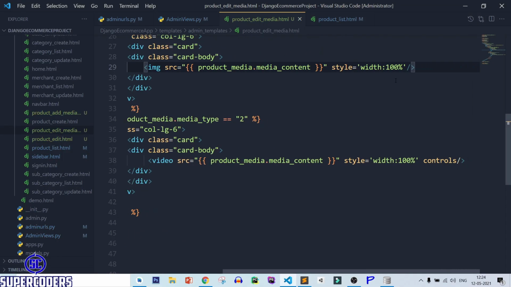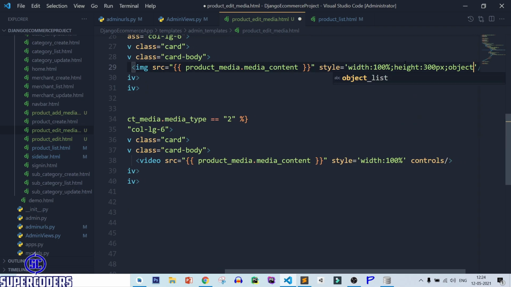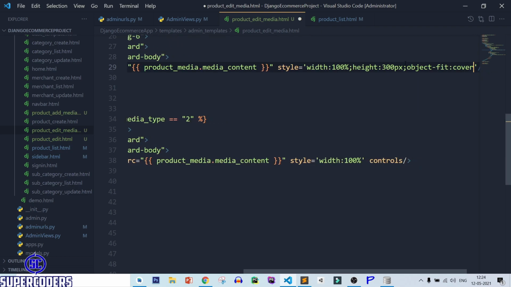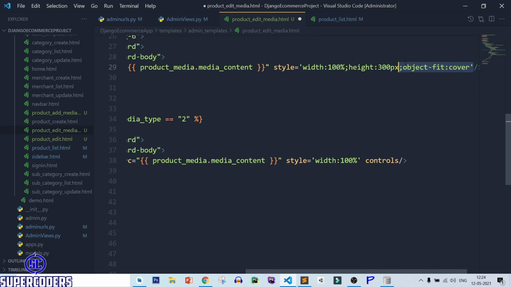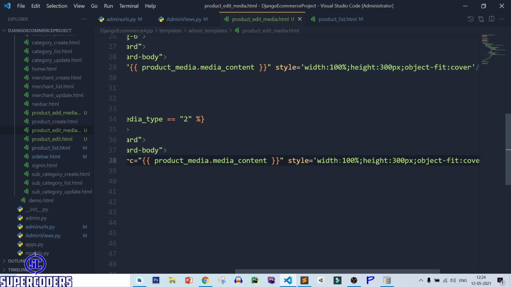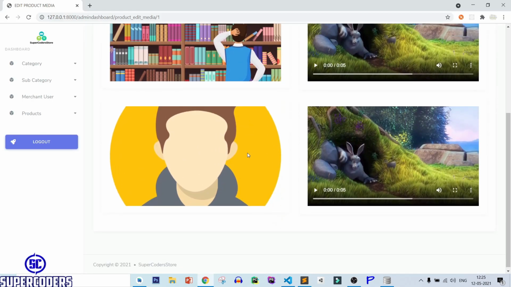So let's fix the height, so height 300 pixel and object-fit cover. Same with here. Save it, refresh page. Now you can see it is looking perfect.